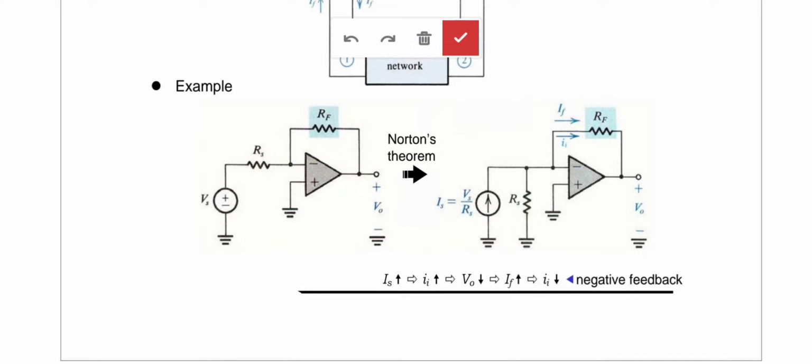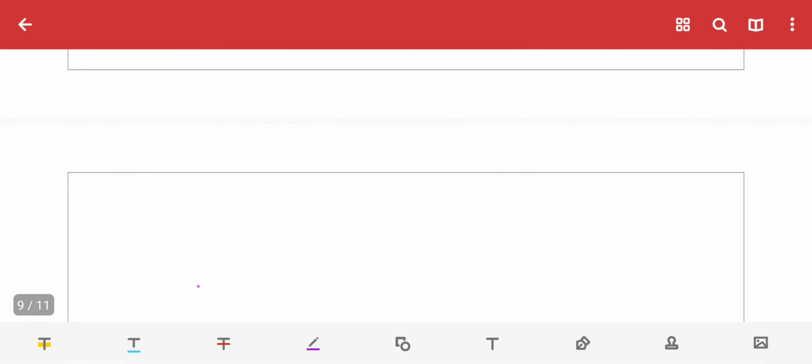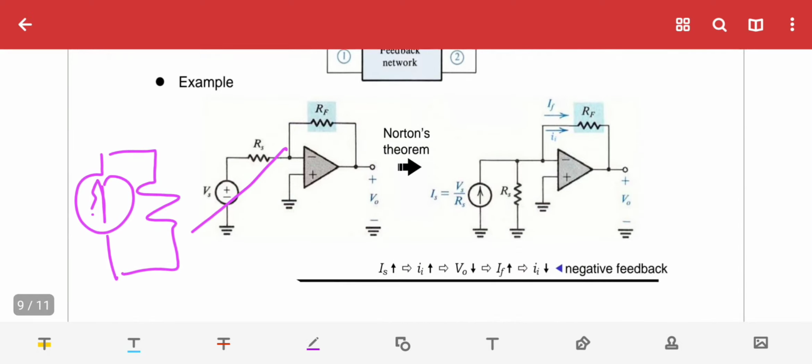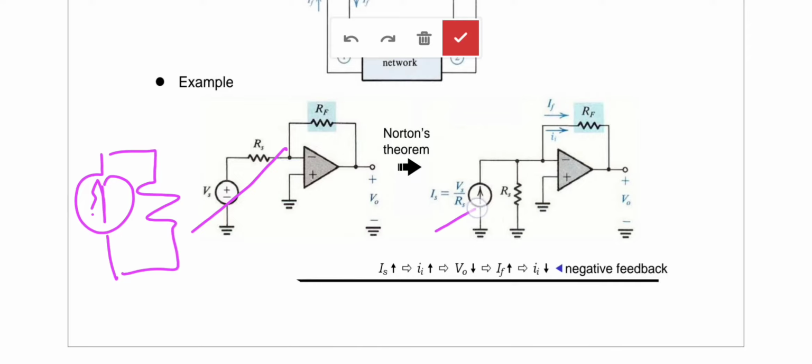So in feedback this is shunt. Input is current, output is voltage. The output voltage VO is given back to the input. This is the feedback path and input is nothing but current. This IF is mixed with Is. So this is the practical example of this shunt topology.